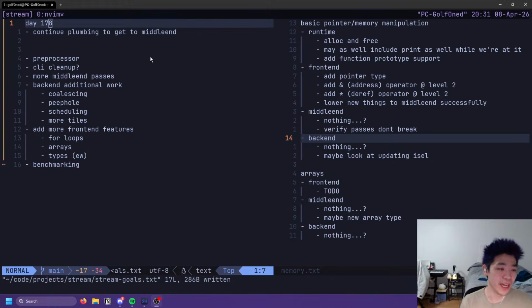I'm really tired. This is day 178 of studying compilers every day until I land a compiler role. I have a bit of a headache, so I will probably keep today a little bit chill in the interest of not nuking my physical health.